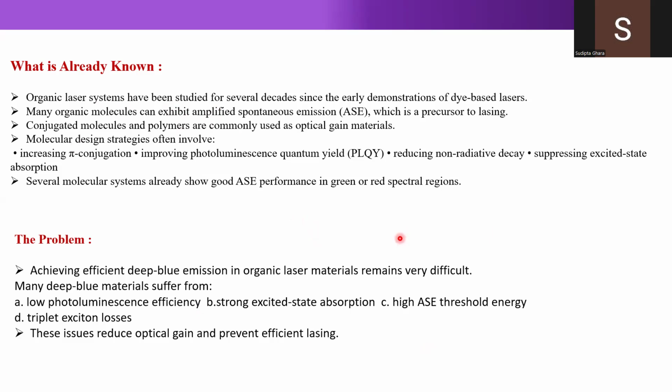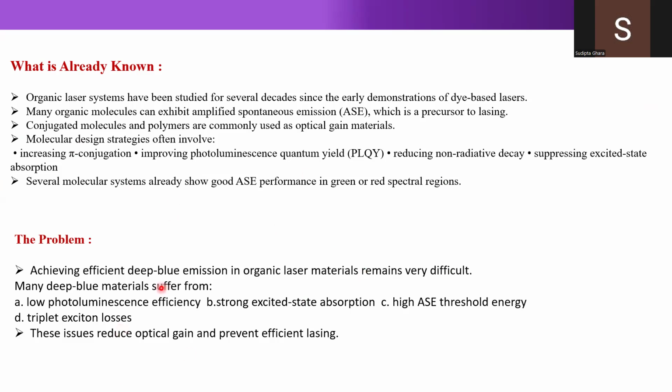In conventional molecular design for organic lasers, we can increase the conjugation length. Basically people are focused on increasing the conjugation length, which implies the best PLQY or reducing the non-radiative decay. So these are some methods people are trying to use to achieve the best materials, but the problem here is